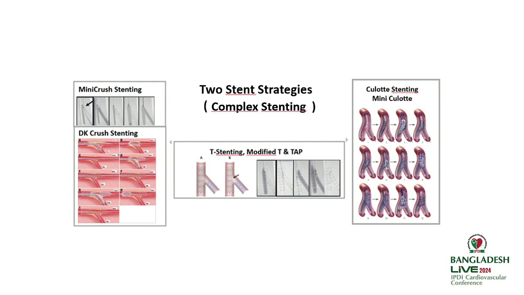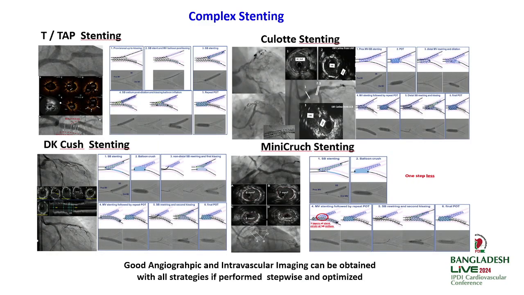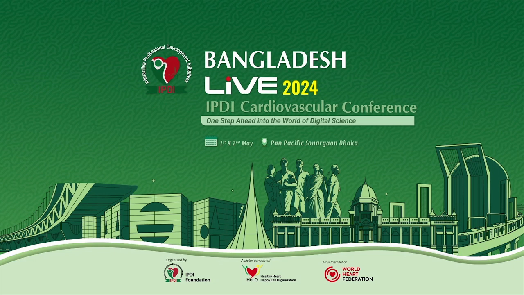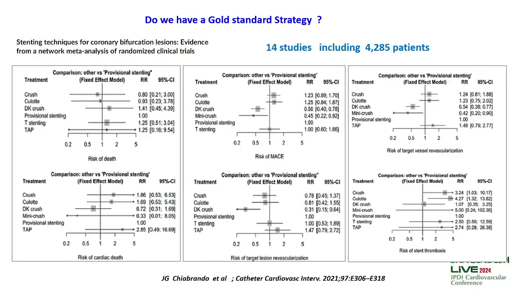These are the two-stent strategies, I think, these are the families we are using today. And I'm sure that good angiographic and intravascular imaging can be obtained with all. My final slides, asking, do we have a gold standard strategy of double stenting technique? What is coming from this recent meta-analysis,